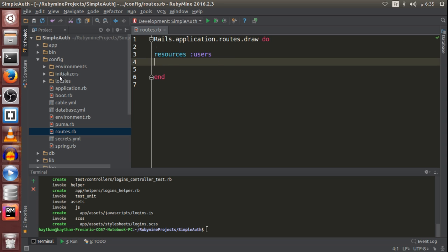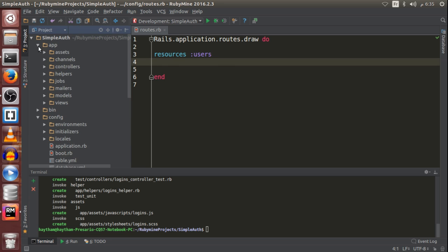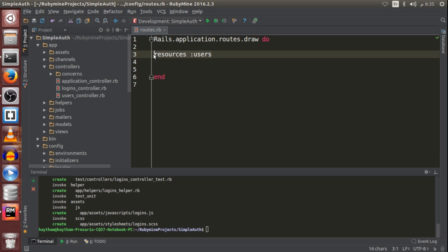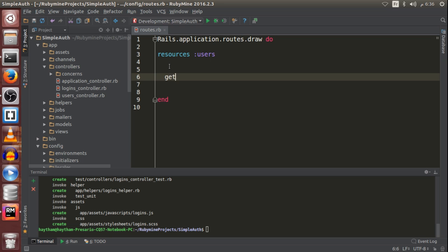For the logins controller I'm not going to declare it as a resource like that, but I'm going to create some named routes. So to do that, I'm going to type get